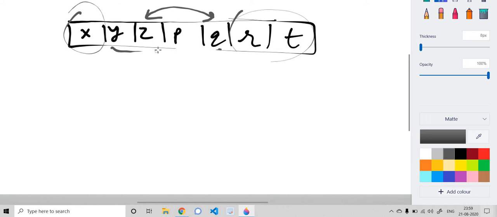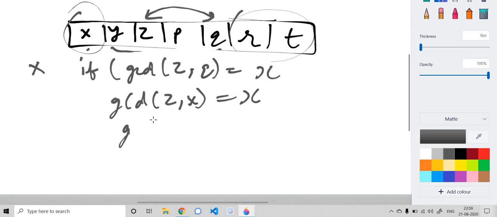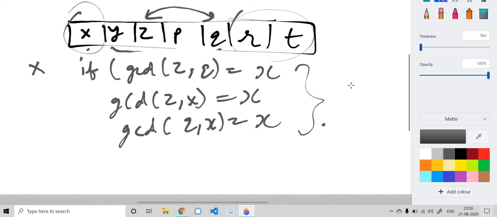If their GCD is equal to min, it means the GCD of z and x should also be x. So what I'm saying is, if GCD of z and q is equal to x, it also means the GCD of z and x should also be x. Also GCD of q and x should also be x. So this is what we need to focus on right here.